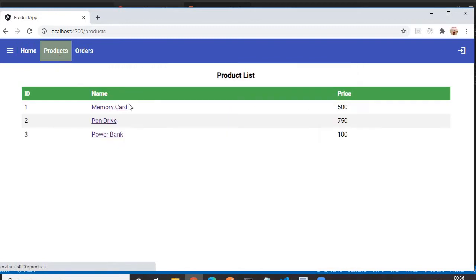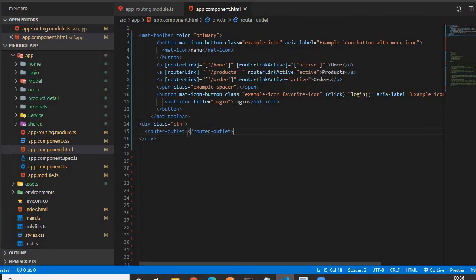If I click the product link, then this tabular content will be rendered within this router outlet. So it's just like a container which is getting updated with the dynamic content on the basis of the page where we want to navigate.